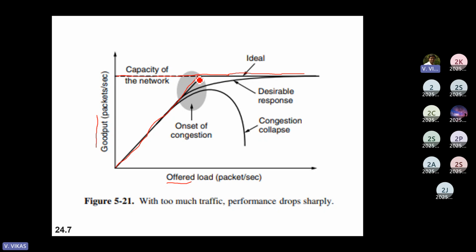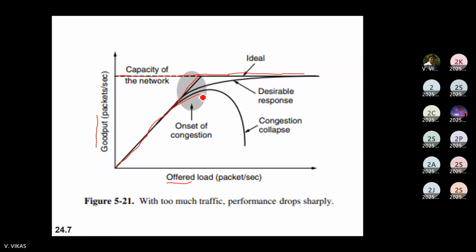And the ideal case is, if I am trying to send 110 packets per second, or 120, 130, 200, whatever the number of packets we are trying to generate here, we expect the minimum capacity, whatever we had, 100 packets per second, that the network should be able to provide. That is what we are expecting. Trying to understand what I'm trying to say. So even though we cross the capacity of the network, at least it should provide the minimum capacity of the network. So when I go with 200 or 400 or 500, it should be able to provide the minimum capacity, that is 100 packets per second. But in general what happens is,